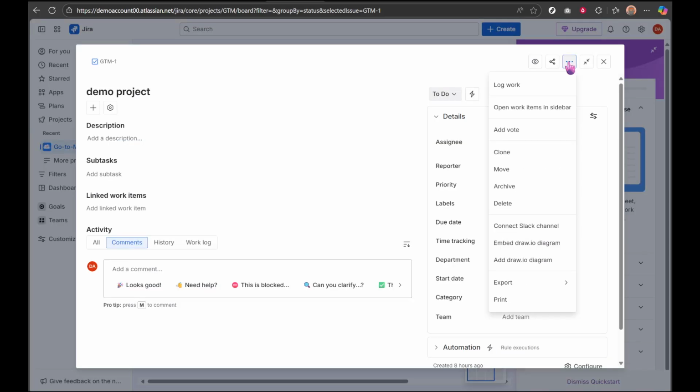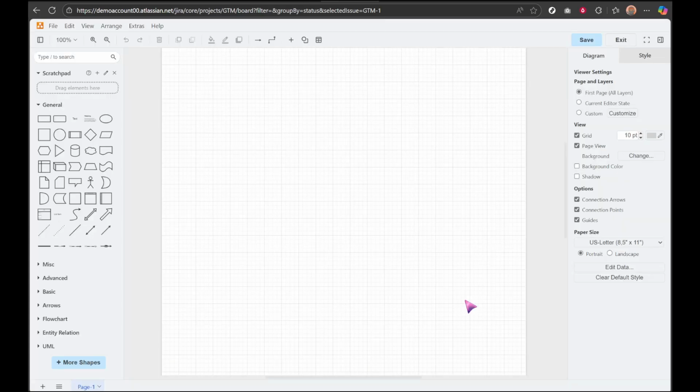When you're finished, click Save. The diagram is attached to the Jira issue and typically appears with a thumbnail so teammates can open it quickly. If you don't see the option to add a diagram, your site may not have the integration enabled. Check with your admin. And remember, if your diagram gets large, consider splitting it into smaller, related diagrams to keep performance snappy. That's it. You now know how to create, edit, and save